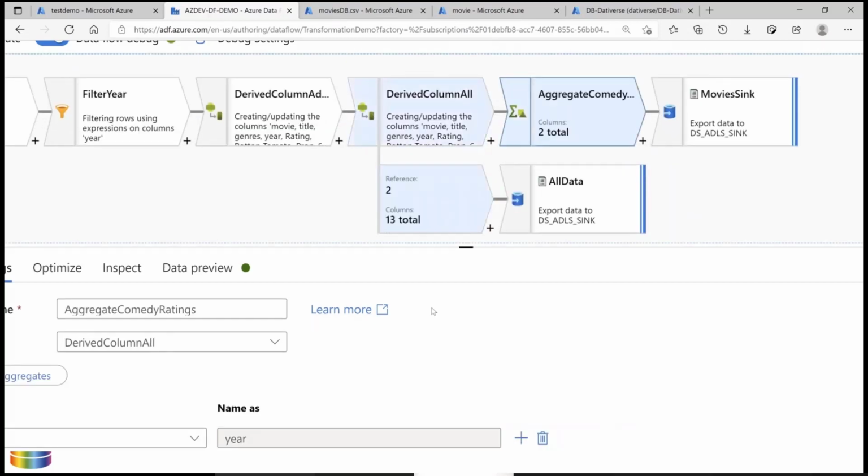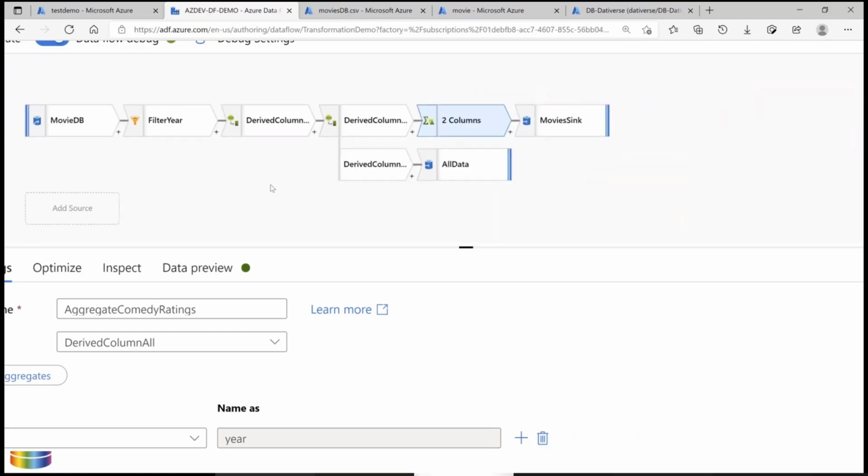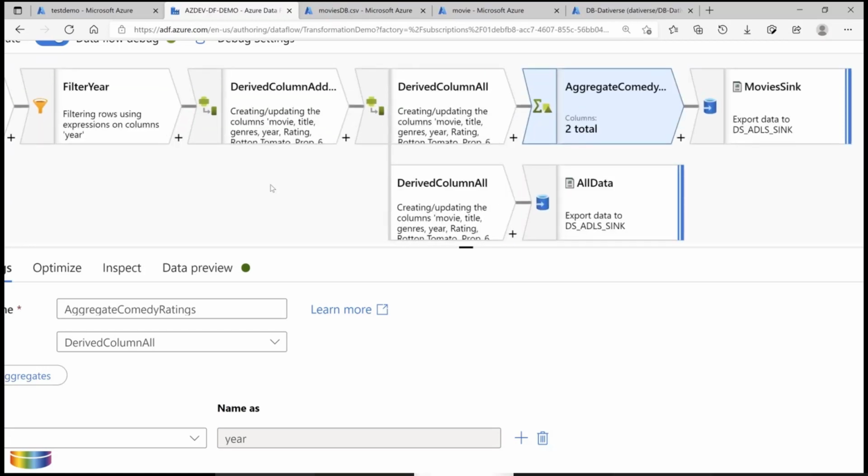And here I'm using an aggregate window function as well. Sorry, it's too quick.